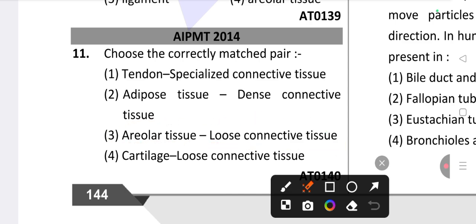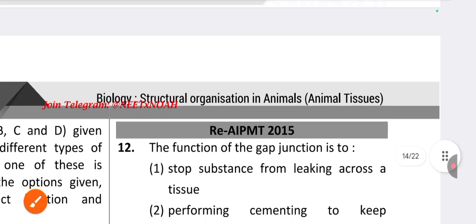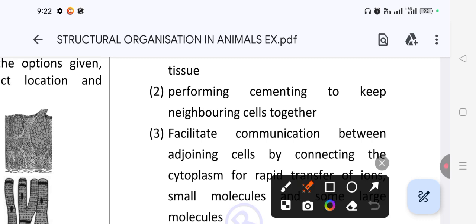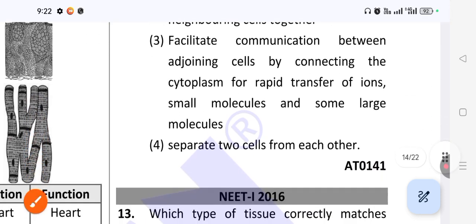This is the correct matched pair here. Next we will see the 2015 PYQ. So here the question is the function of gap junction. So what is the function of gap junction? It has to facilitate the communication between adjoining cells by connecting the cytoplasm for rapid transfer of ions and small